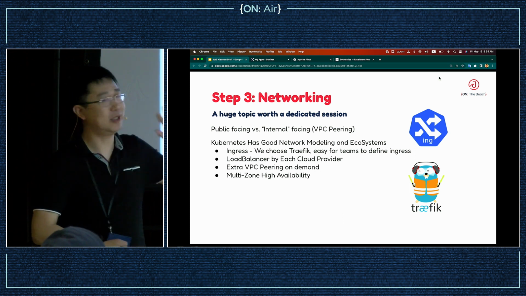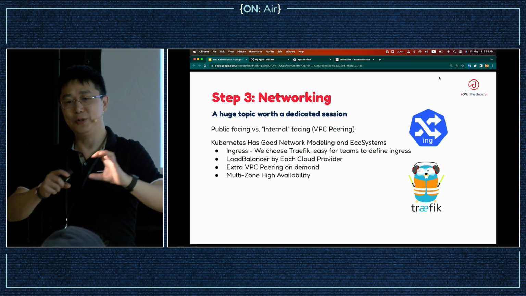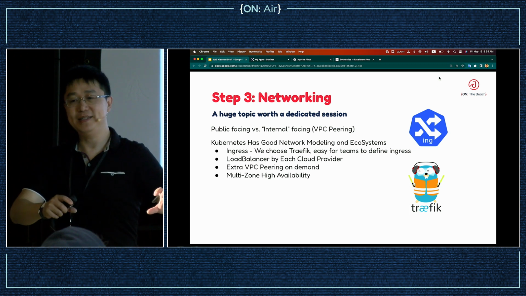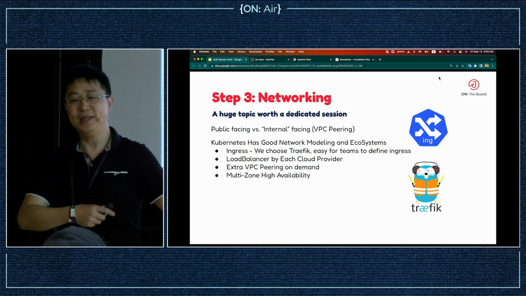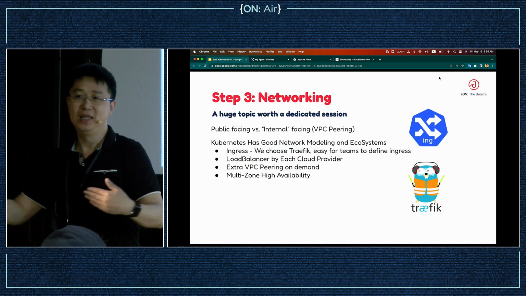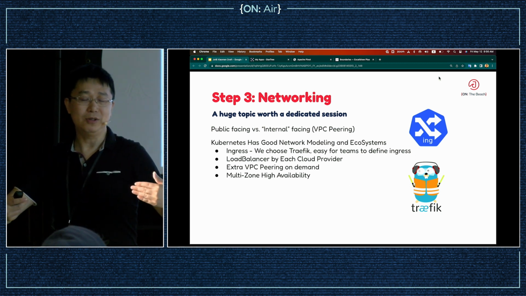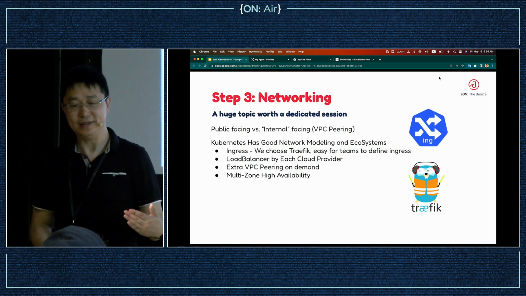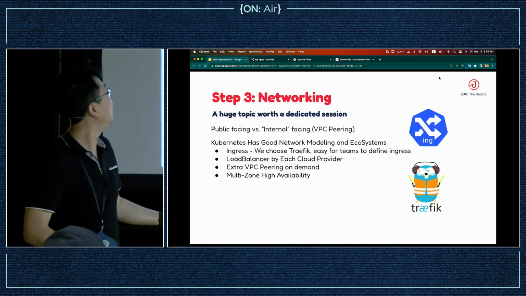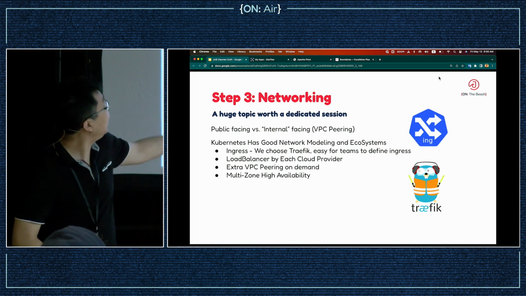So for us, the special thing is that we have the requirement of public-facing or internal-facing. So sometimes the users say, I don't want my cluster exposed to the outside. I want to do VPC peering. So nobody else except my network can access it. So it's fine. But for ingress setup,